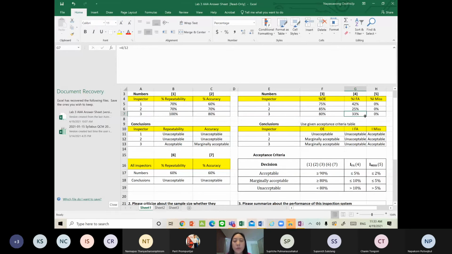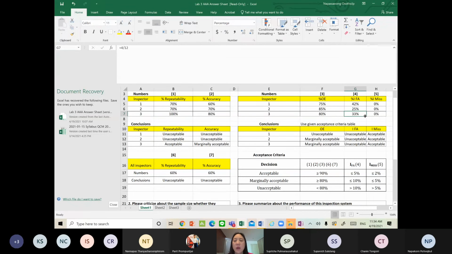So how can you make the conclusion that all operators have a problem with false alarm, right? And inspector number 1 and 2 also have a problem with repeatability, right? So now you have to find out the reason for false alarm and also the reason for repeatability. And when you know that reason, you can find out the way to prevent it,